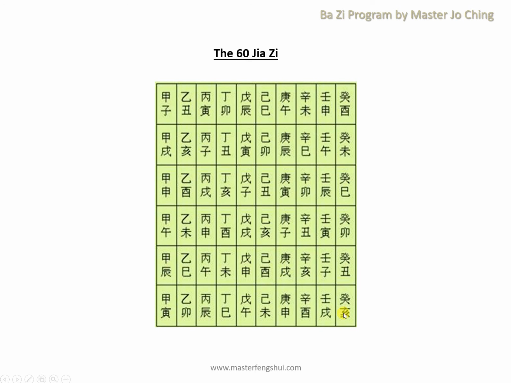So the most recent beginning of the 甲子, the number 1, occurs in 1984. Meaning if you are born in 1984, okay, your pillar of that year is known as 甲子, and you belong to the zodiac sign of rats. Okay, so where are we this year? 2019. So you have to check.